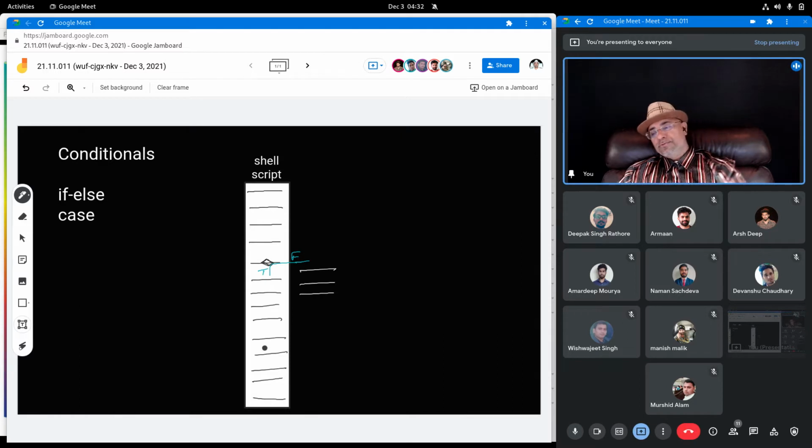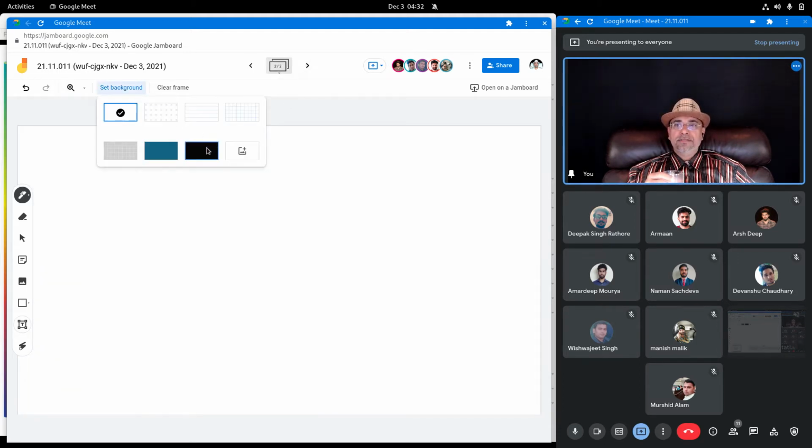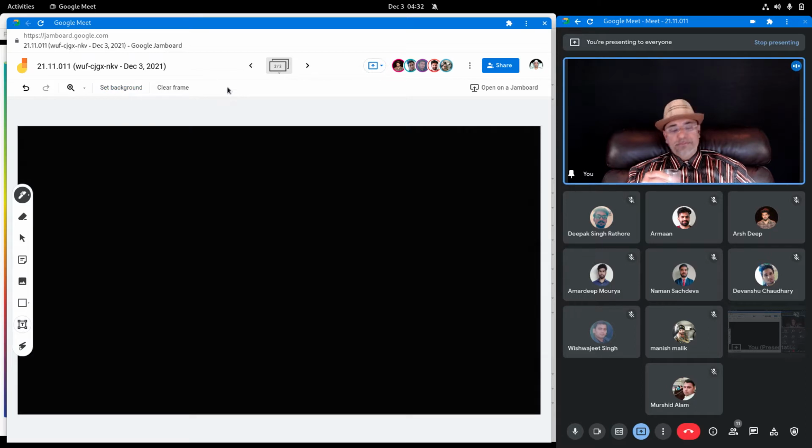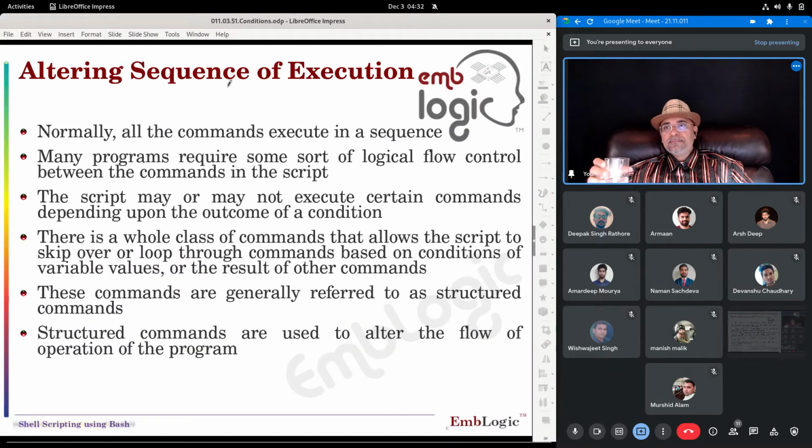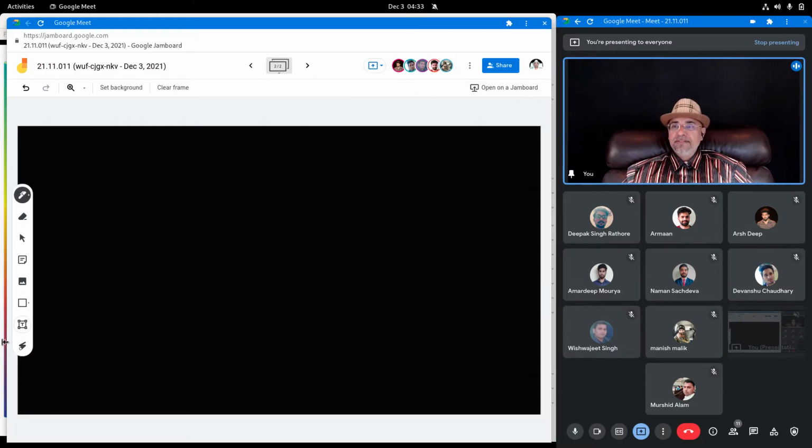You have already used if-else in C programming, so you will find it very easy here to execute conditionals. You've already executed conditionals in C programming using if-else. Something like that we have to use here also. Normally, all the commands execute in a sequence. And when the commands execute,